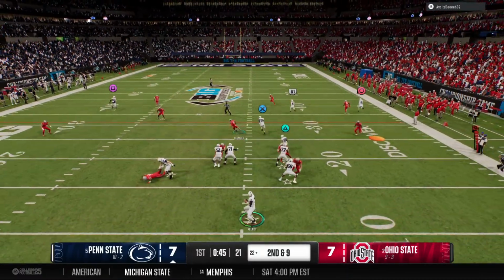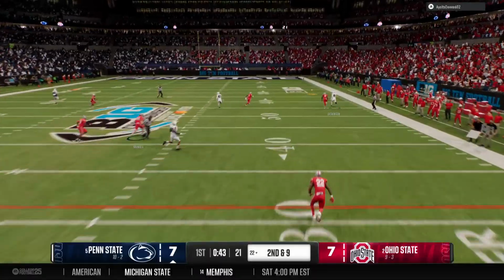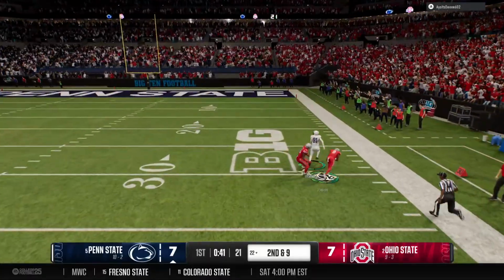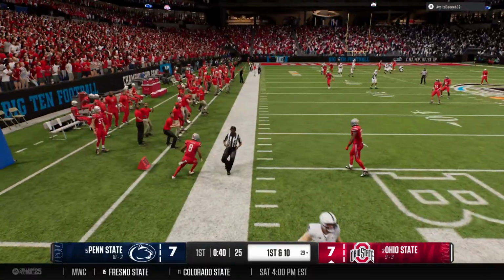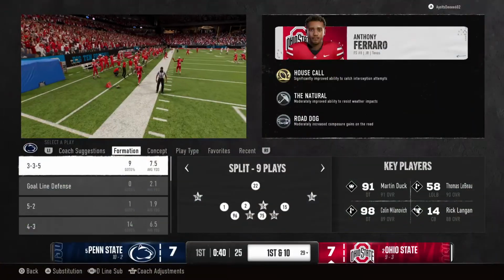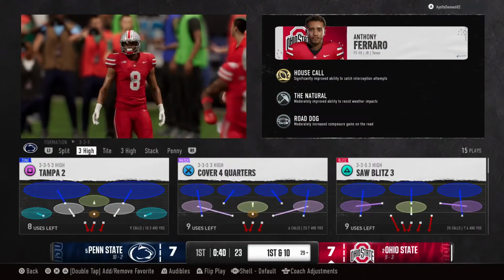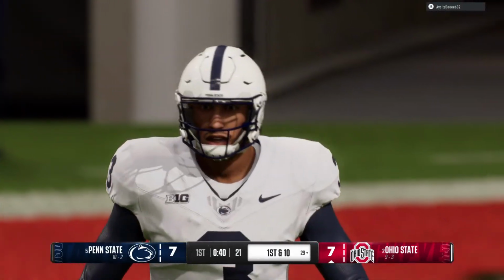Here's the snap, and he's looking to throw. He's going for a big play downfield. The pass is intercepted. He didn't really seem to feel like he had anybody open. He just puts it up in the air, and the defense says, thank you, we'll take it.